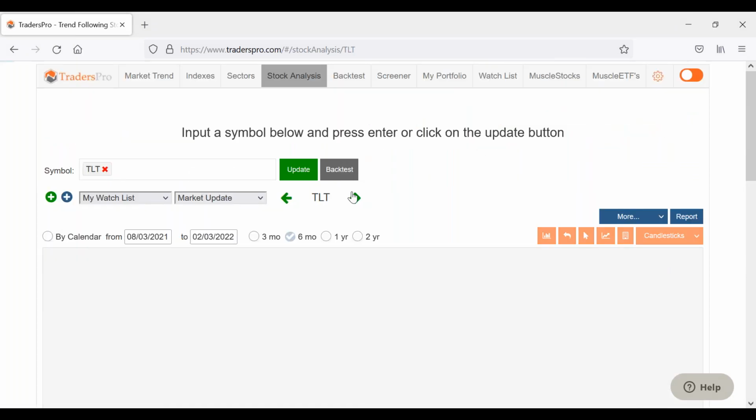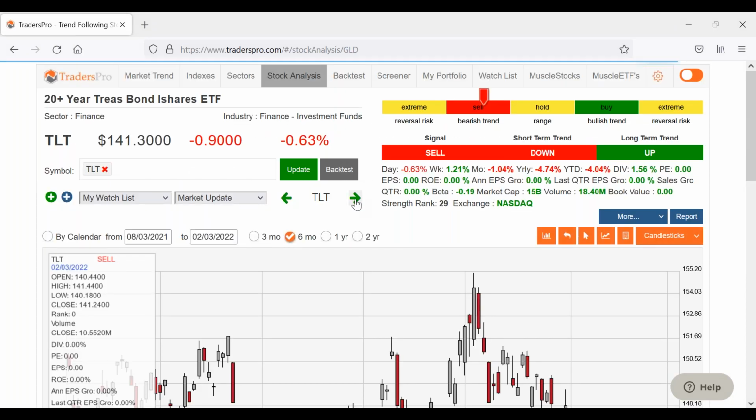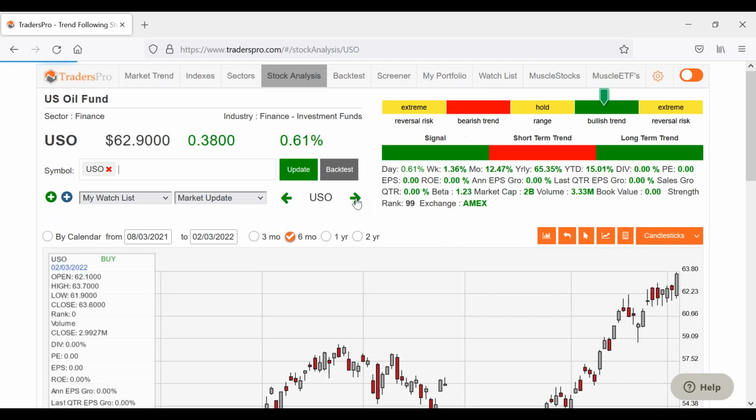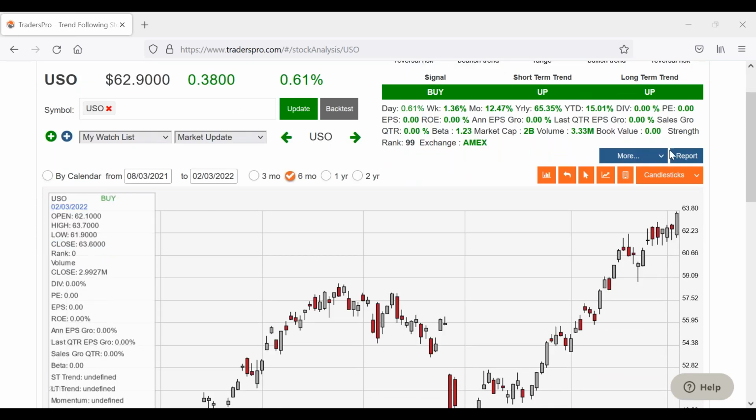Other factors here. Let's stop on oil though. Oil continues to be the one that we want to be in. In fact, I'm going to add some USO to the portfolio. USO is the ETF for oil. I've already got a lot of individual oil stocks in the portfolio, but that's all I really feel like I want to own right now.